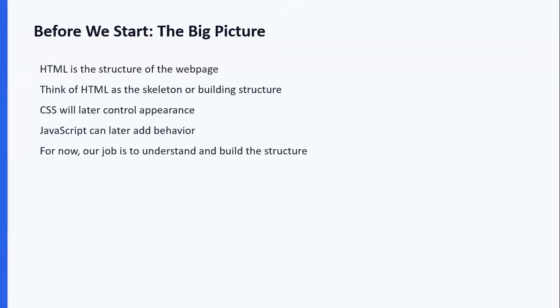So the next letter, which is the T, stands for text. Text is quite simple. It means words that can be read on a web page. Just simply words that can be read on a web page. Example, welcome to my website. Welcome to KodeHauz online training. But the text is simply the words that can be read on a web page.